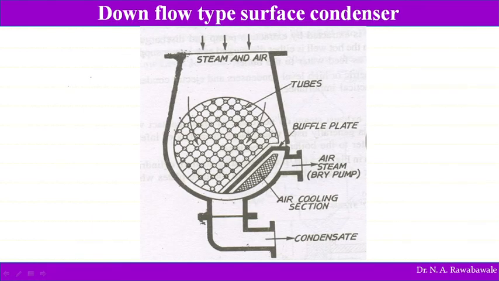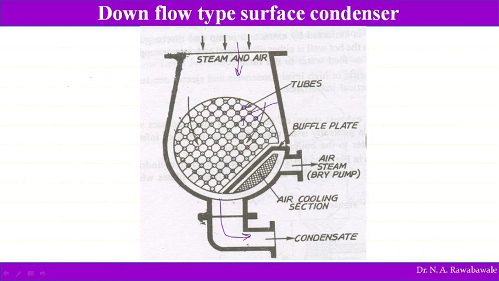Now the first type of surface condenser is the downflow type surface condenser. Downflow type means steam is moving in the downward direction. So steam enters into this condenser, and here there are n number of tubes. So these circles which you are going to see are the tubes through which water is passed, and steam surrounds these tubes. As soon as the steam comes in contact with the tubes, heat is transferred from steam to the water present in the tube, and steam gets condensed, and that condensate is collected from the bottom.